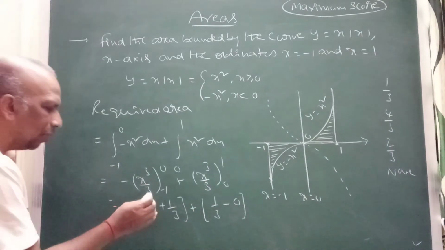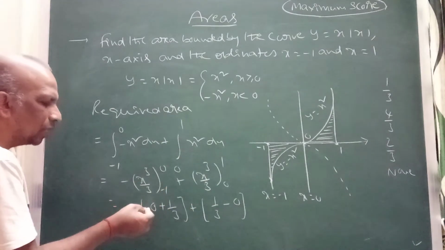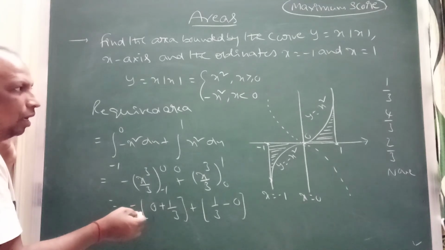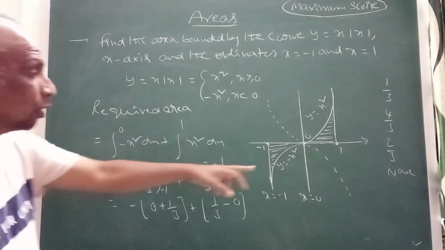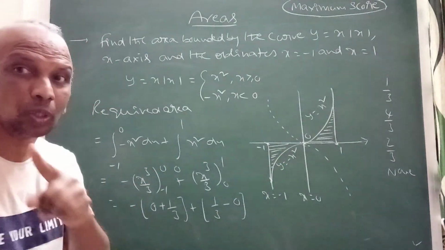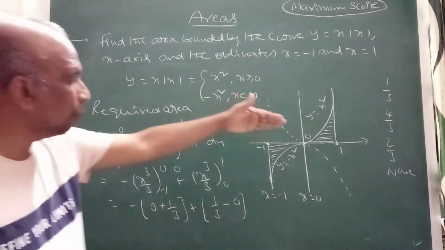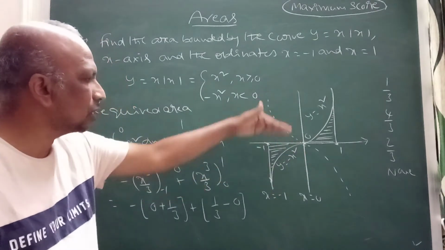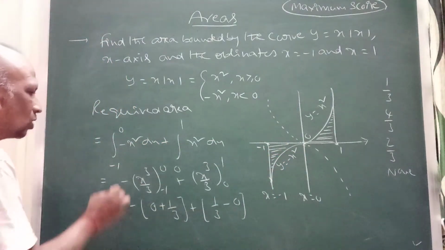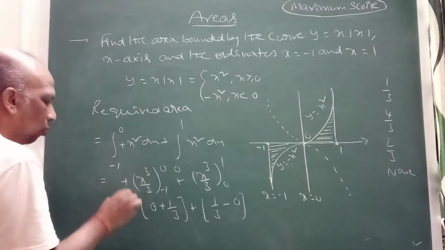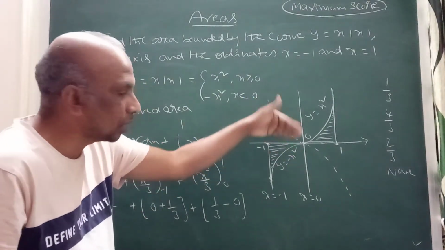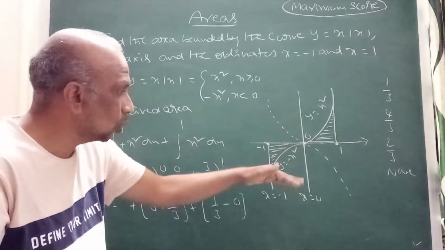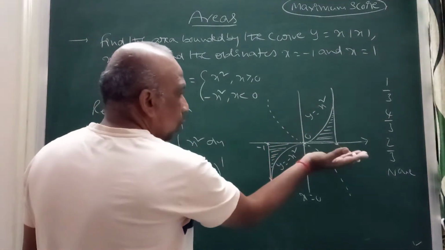Now you can see when I have taken this one, applying 0 here, but observe here, whenever y equal to minus x square, remember one more important point here: upper curve minus lower curve. Minus of minus will become plus, right? It will become plus only. You should be careful. Upper curve minus lower curve, correct?